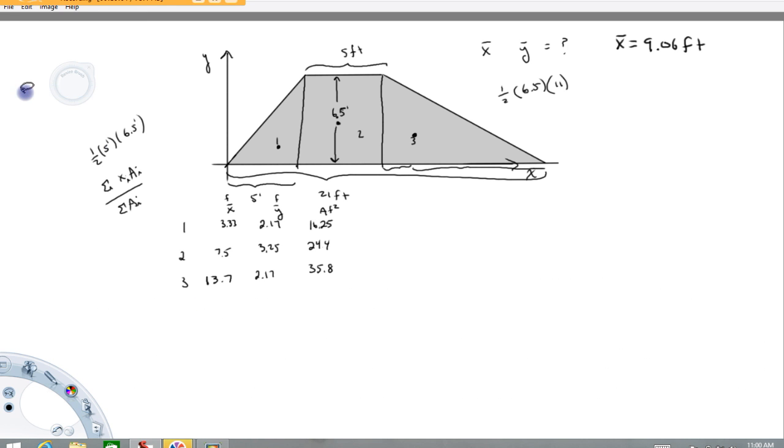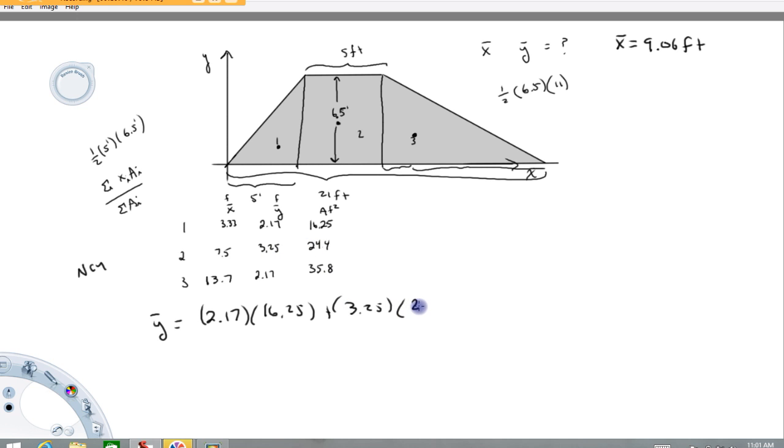I need to make myself some space here. So, all right, to get y bar, what we're going to do is take the y coordinates of the centroids, multiply them by area. That's what gives them a weight. Divide out the total area. So y bar we're going to get by taking 2.17, and I'm going to put NCU here for note consistent units, which will make it a little quicker and easier for me, times 16.25 plus 3.25